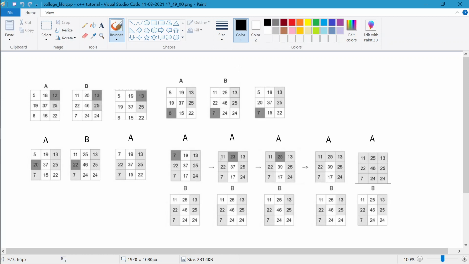If you are intermediate, with basic data structures, like how to use vectors, 2D vectors and sets, you can write the code easily. Okay, so let's start.